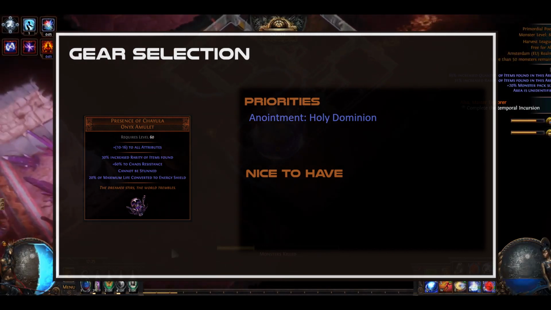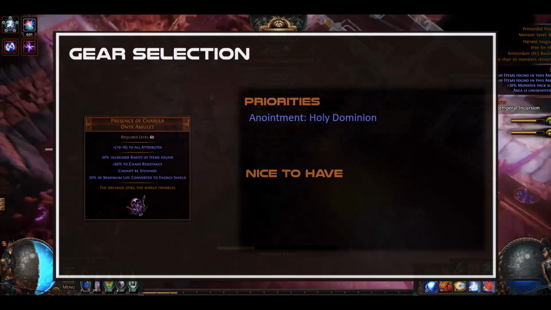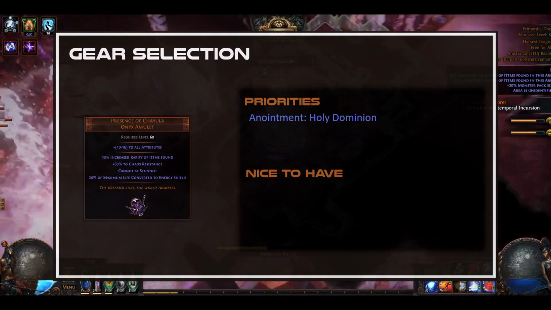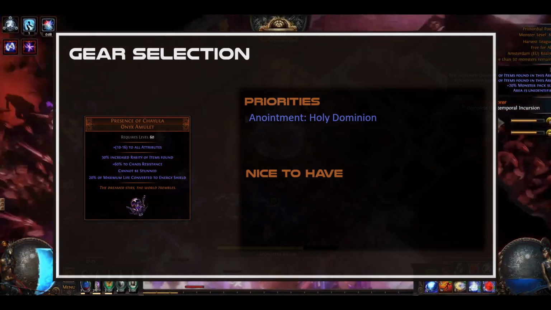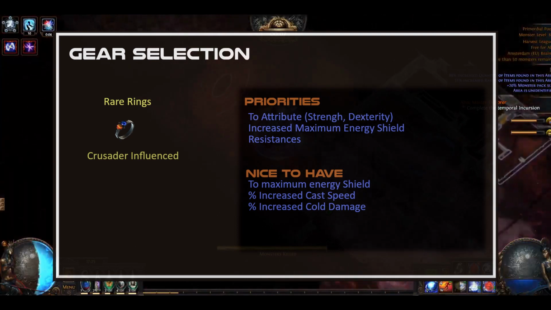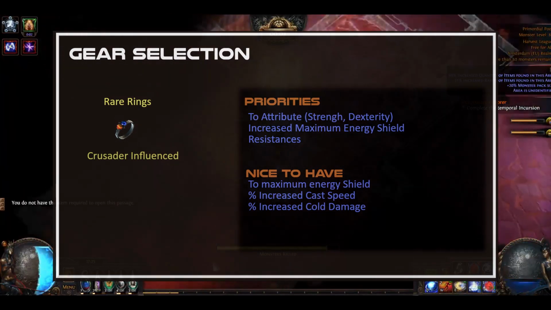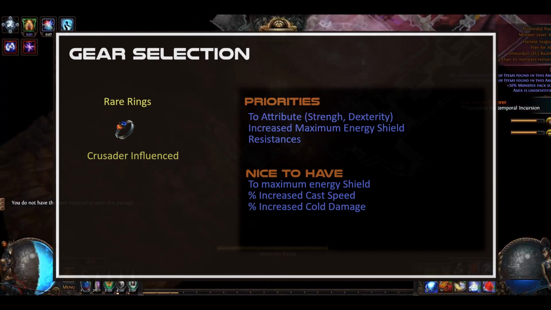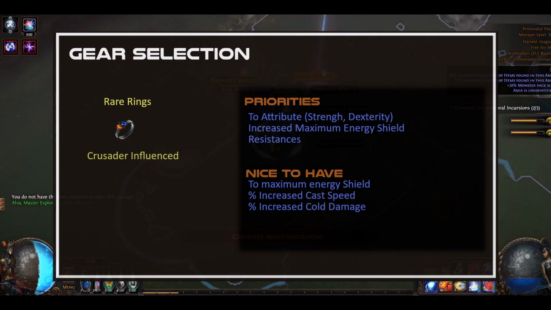I chose Holy Dominion as my anointment because I was short on elemental resistances, and also this gives us some nice elemental damage. If you do want to go for all out damage, then Snowforged is a powerful alternative. The build sports 2 rare rings, both of them Crusader influenced, which give us the increased maximum energy shield, which you can't get otherwise. However, as the build is very short on both strength and dexterity, get these first before you